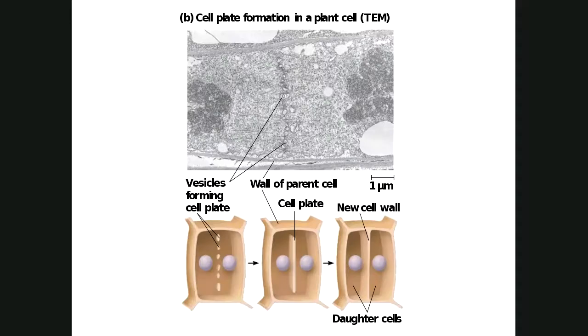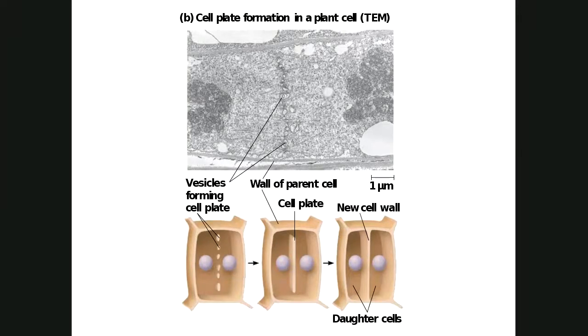What I mean by cell plate is, if we took two plant cells and we looked at them, what begins to form are little vesicles, opening, perforations. Imagine you took a piece of paper and a straight pin and poked a bunch of holes in the middle of it. Just kept poking holes along that same line. Eventually, those holes would merge. So eventually, these vesicles merge and they form an open space. And then, of course, they line it with cellulose and they make two new cell walls.